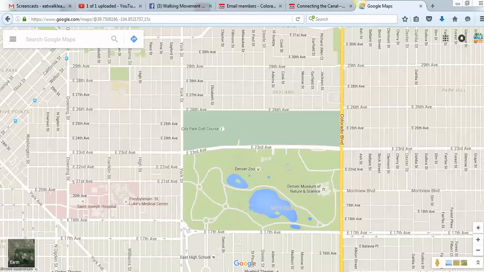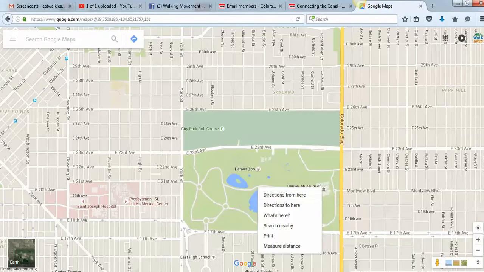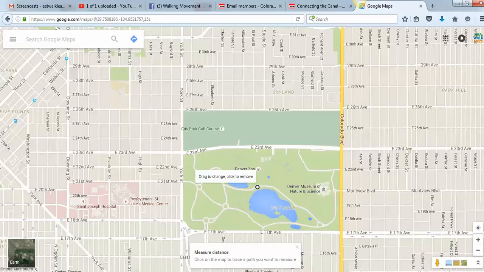of the distance. So I've opened up Google Maps, and let's pretend we're going to do a walk in Central Park or in City Park in Denver. If I hover my mouse anywhere in Google Maps, I can right click and I get this measure distance option. I'm going to click that, and it will create this little point, and then I can just start clicking places on Google Maps with the left button of my mouse and start mapping